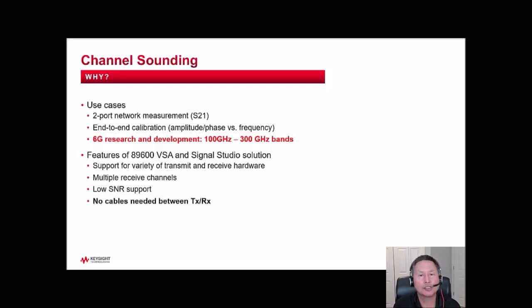Lastly, an active area of 6G research are new sub-terahertz bands such as 100 to 300 gigahertz. These are of interest for 6G research because wide modulation bandwidths could be used to achieve high data throughput rates of 100 gigabit per second or higher. However, these frequency bands are largely unexplored, relatively new, and uncharacterized, so channel sounding may be needed as part of early 6G research. For example, what does a channel inside a building look like when you transmit inside the building, or what is the difference between wood and concrete buildings? These are the types of questions that can be answered by channel sounding.